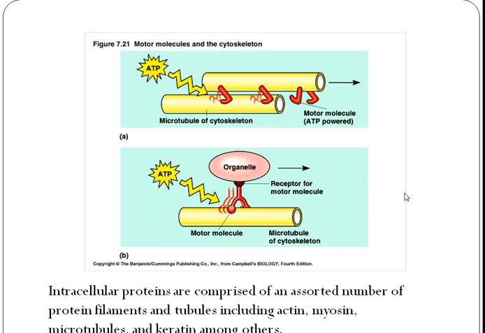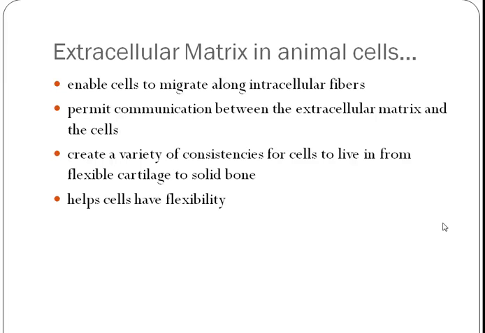So intracellular proteins, these are those microtubules I'm talking about, and they're made of actin, myosin, microtubules, and keratin. Those are the main ones. And it's actually ATP that works directly on it to bounce that organelle along. It's a chemical reaction that makes it move. Extracellular matrix enables cells to migrate along intracellular